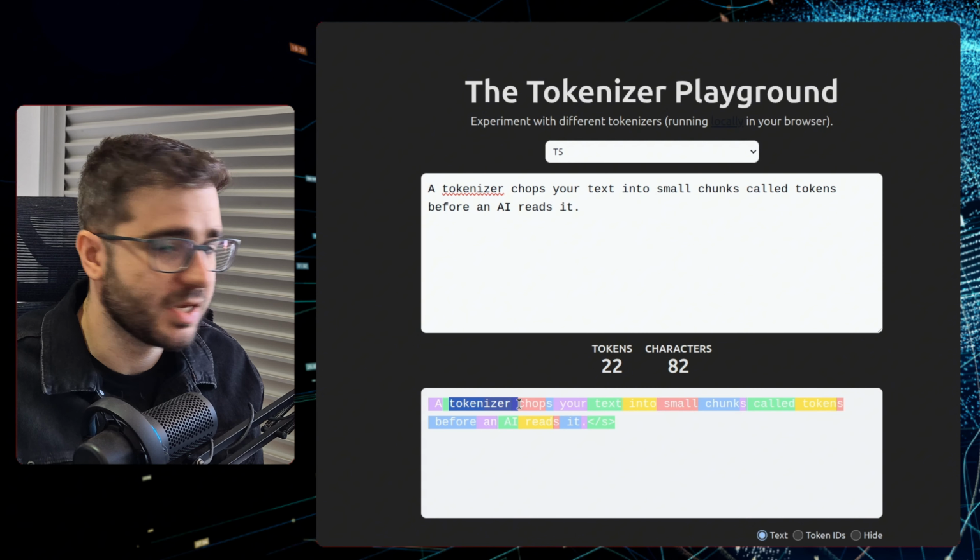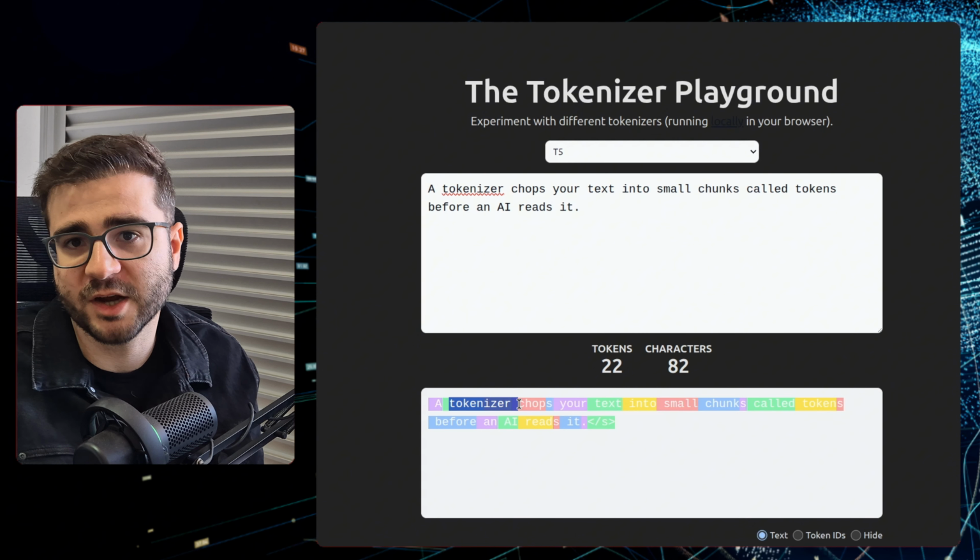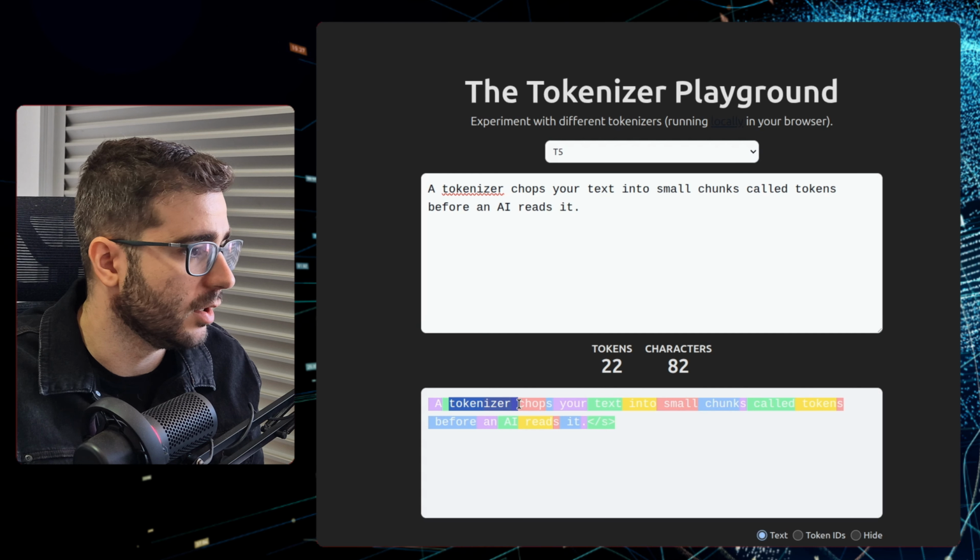Because of that, it is using more tokens than before, and this is exactly what the Simon blog post is measuring. He has this tool that is able to count the amount of tokens that a model is going to use, and he did a simple comparison between Claude Opus 4.7 and 4.6. We can see right here that it's using 40% more tokens than before.